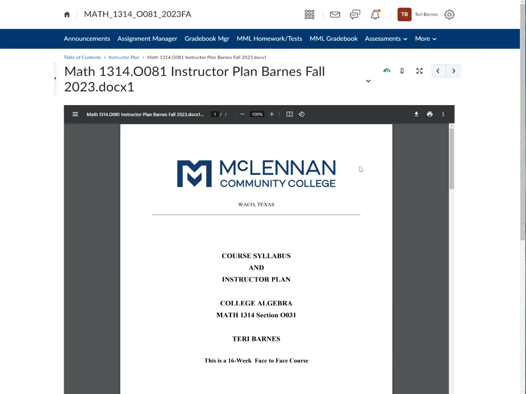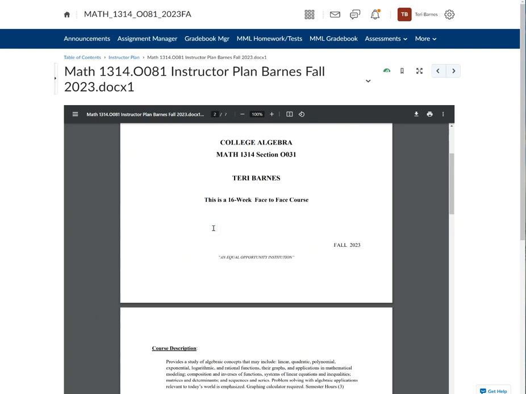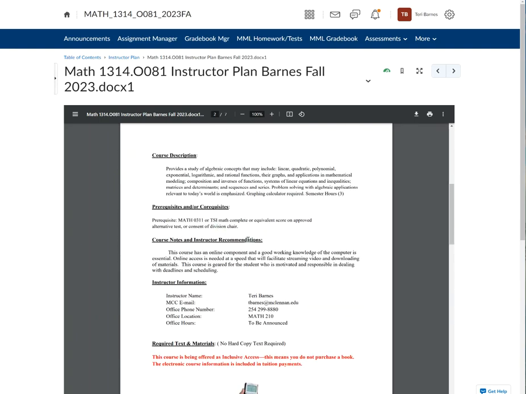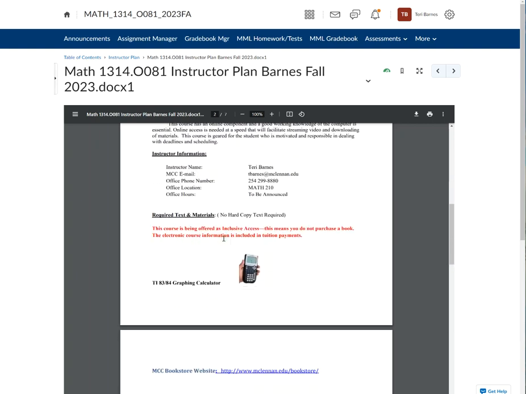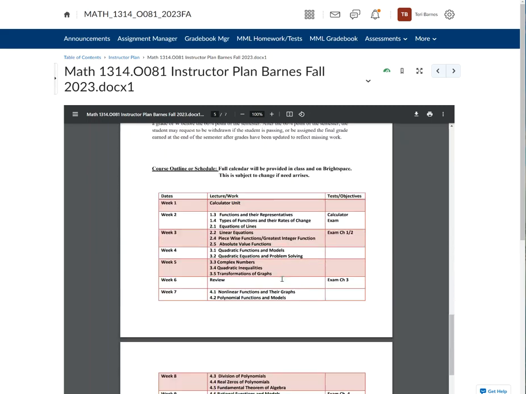And we're not going to read the whole thing, but I want to show you a couple of things. So it does have my instructor information, where I'm located on campus. If you happen to be on campus, come by and see me. Math Building 210. The required text, it's included in your inclusive access, so you have an electronic book. You don't have to purchase a book. The only thing you might have to get, and you have to have one, is a graphing calculator. So that'd be the only purchase aside from your tuition. And then the other thing,